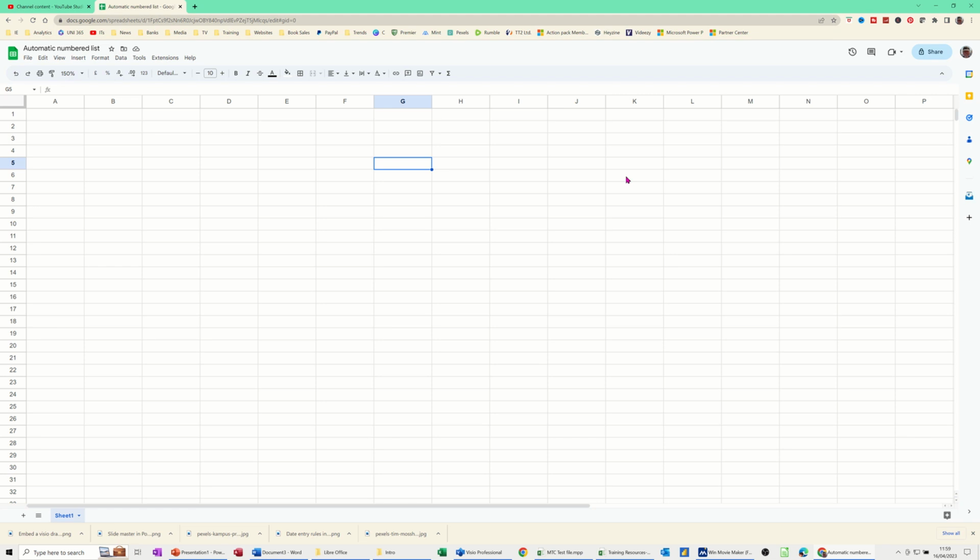What I want to show you in this module is how you can create an automatic numbered list. So when you add an item, it automatically gets the next number in a list. And to do that, I'm going to use the sequence function, and I'll start in cell G1 just so I'm in the middle. So equals sequence,